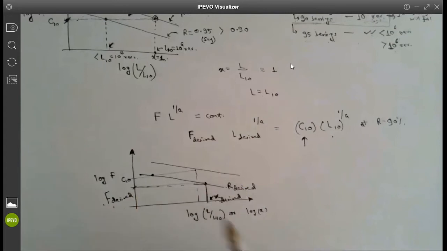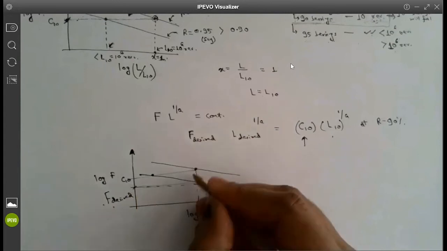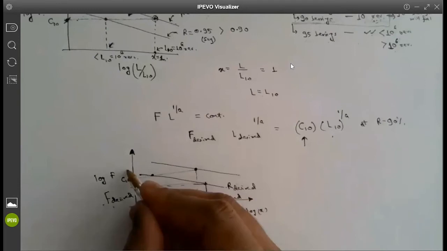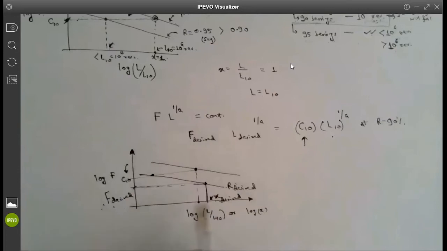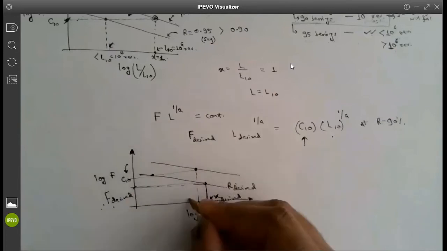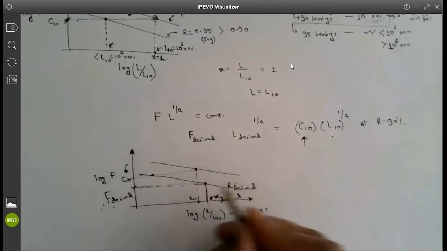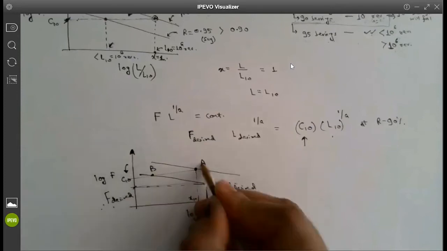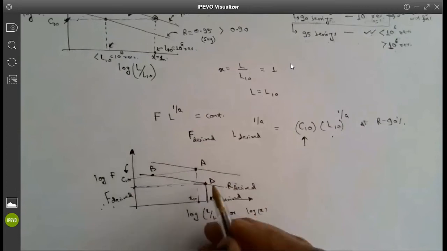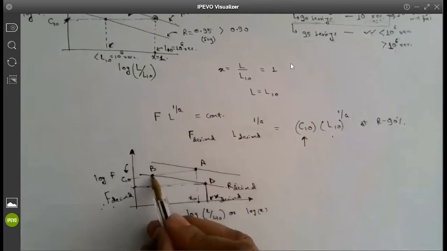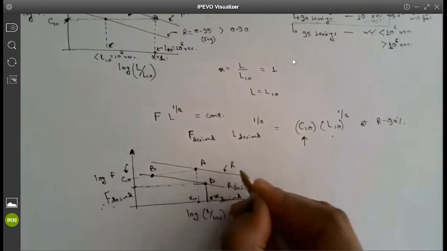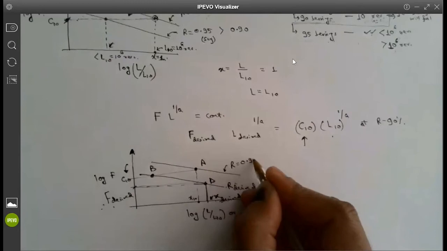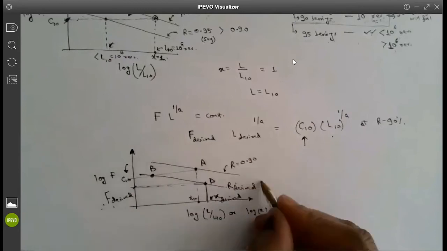And what we need to find out is this C10 number. How to get the C10 number if these three values are specified to us. So this is point D, E, and A. We have to find out what our C10 value is. And this line is for R equals 90% reliability. R desired greater than 90.